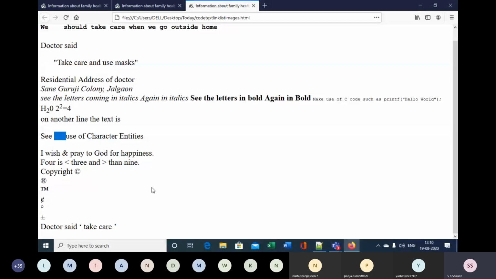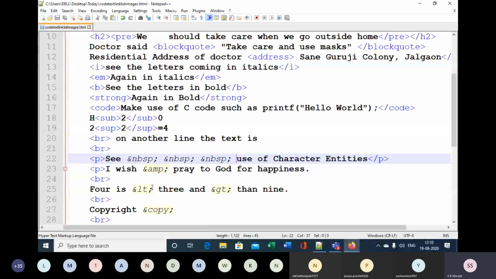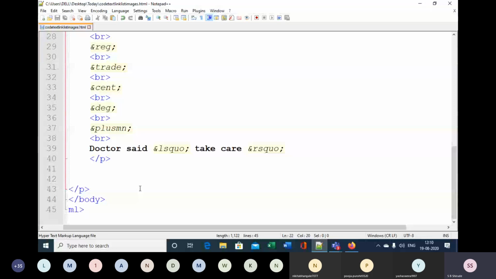Okay, so this way one can make use of NBSP. Everyone have understood about the use of character entities, the demo for character entities, along with some block level and inline elements. Yes? Anyone can say yes?